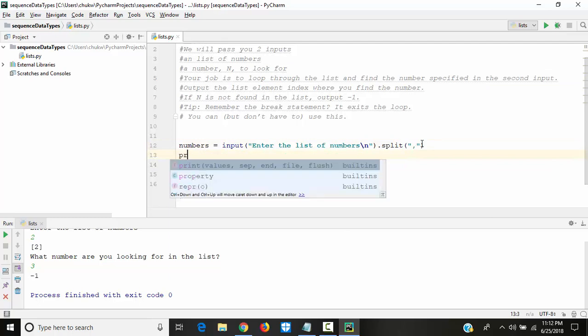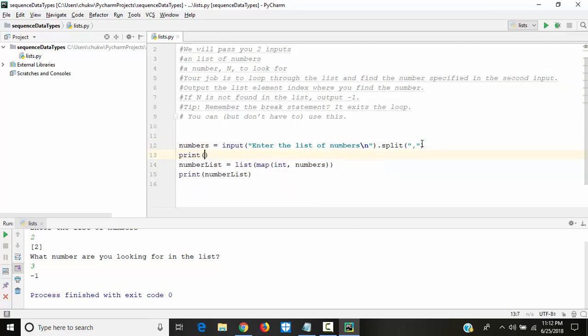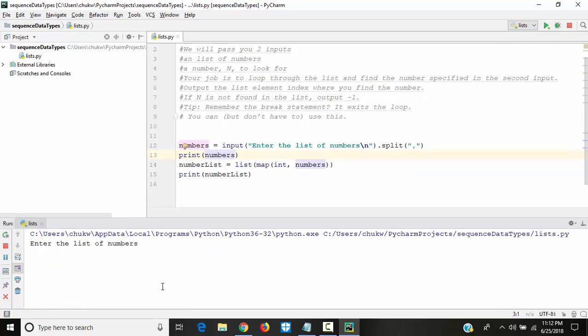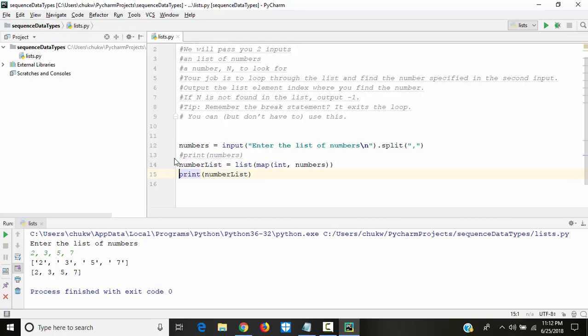just to make sure, print numbers and then print number list. So if we have 2, 3, 5, 7, it should give us this. This is the numbers as strings, and then this is the number list as integers. You see that? Okay. I'll comment this print function out. Now, the next thing is, it will now ask us to enter the number we want